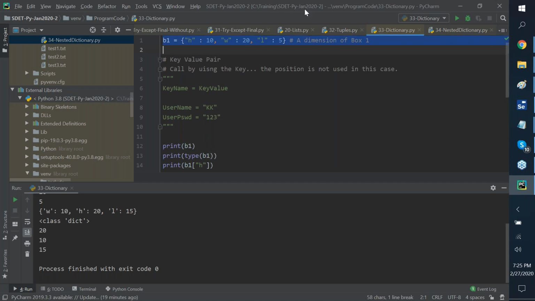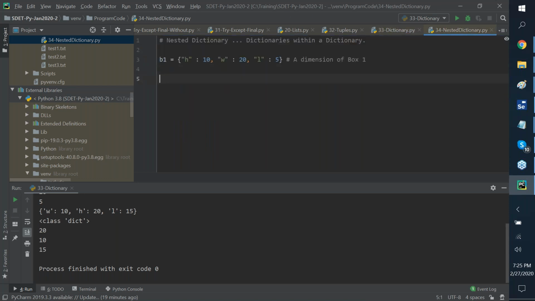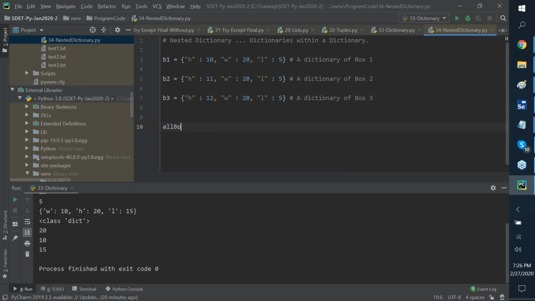B1 here. This is my B1. This is my B2. Just change a little. Dimension. Actually, I said dimension because I was functionally referring to it, but it's a dictionary. Okay, I have three boxes now. And for me, each time I can put them separately, or I can say all boxes equals